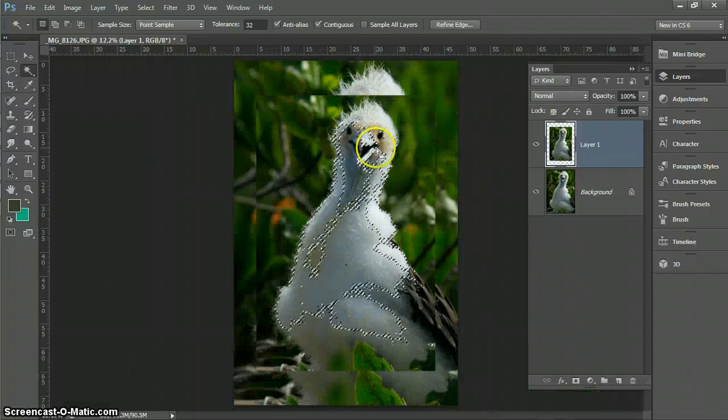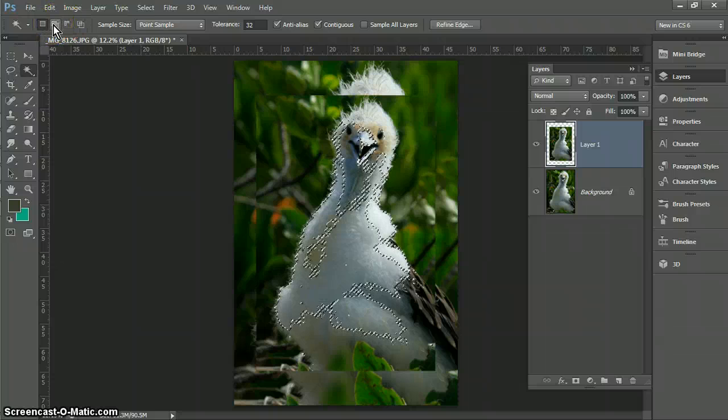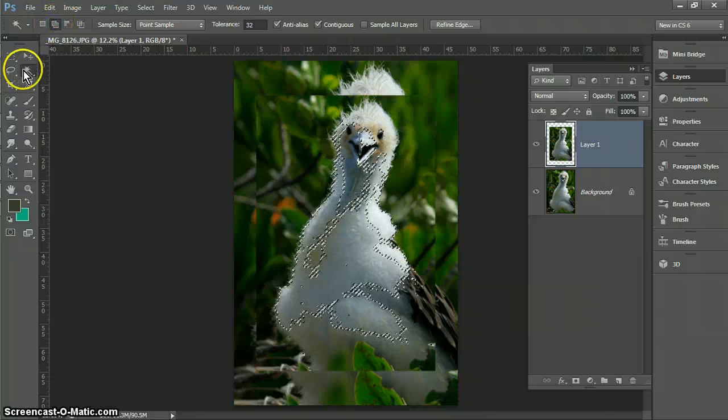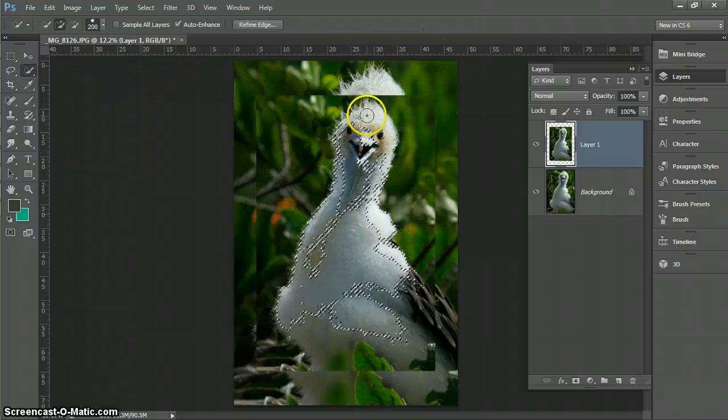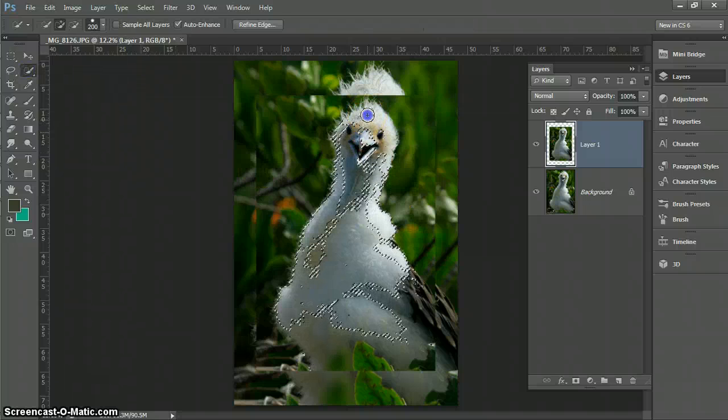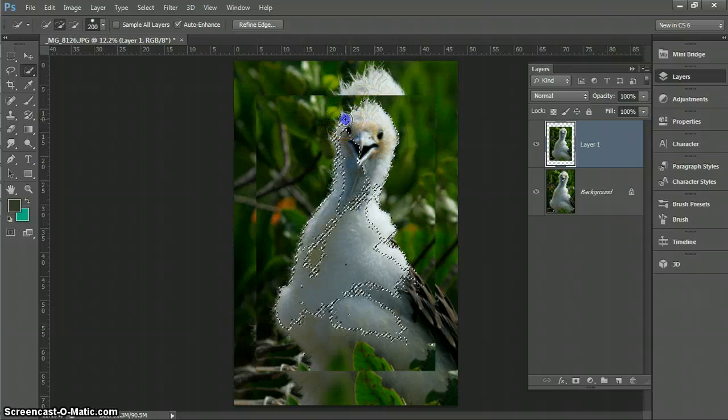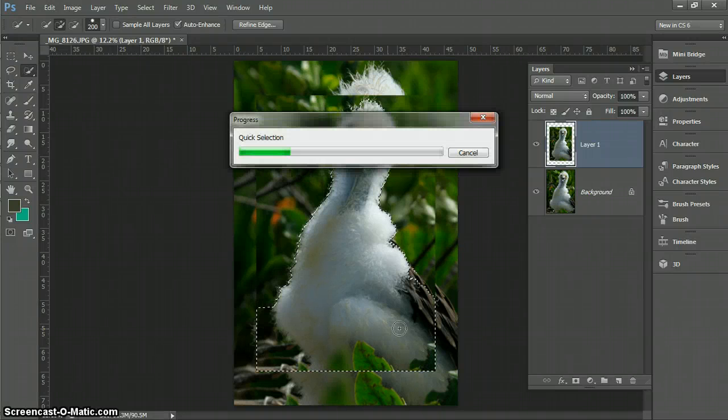I'm going to Control 0 to zoom back out. I should have done this beforehand. Alright, I'm going back to add to selection. Oh no, that's just silly. I have no idea what happened. Anyway, I did it backwards. Okay, well, just for the sake of patience,